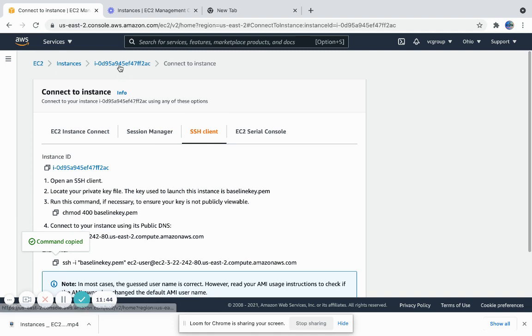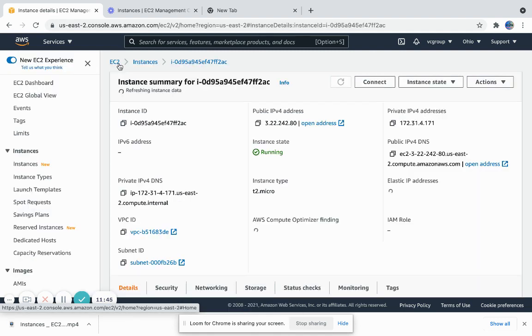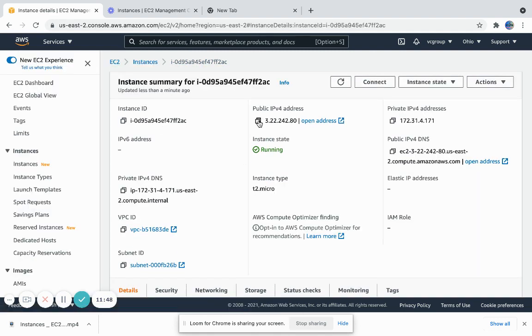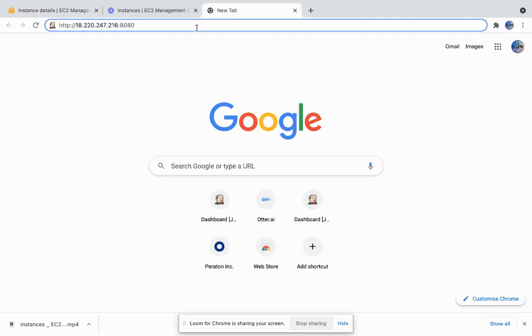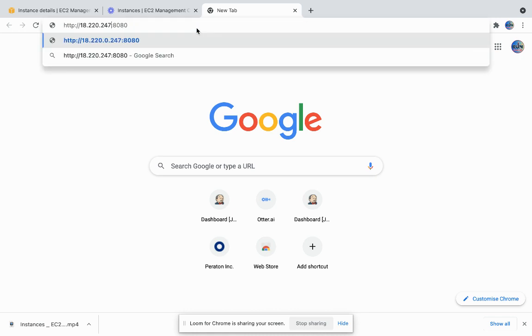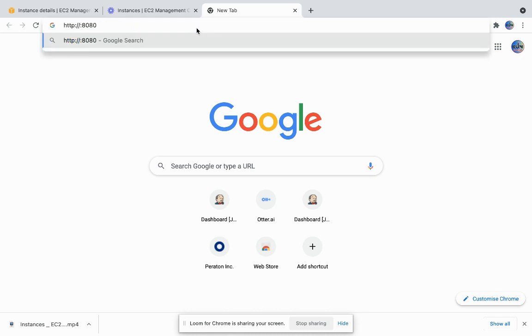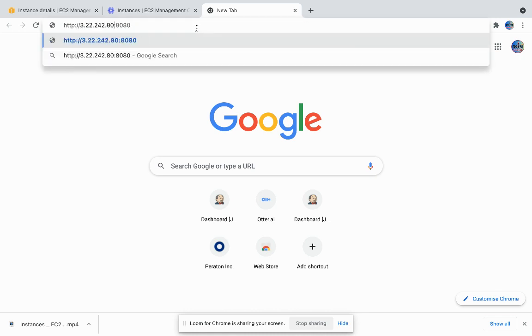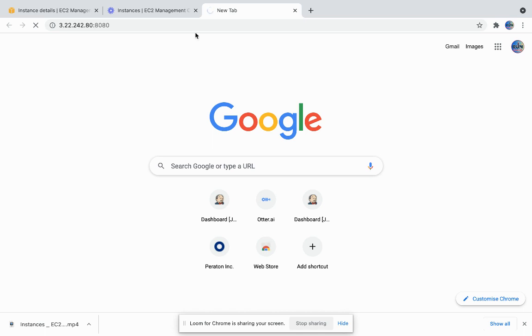By default, Jenkins is installed on port 8080. Okay, this is the public IP, and let's copy the public IP. We are going to get an issue. We are not going to be able to log into this